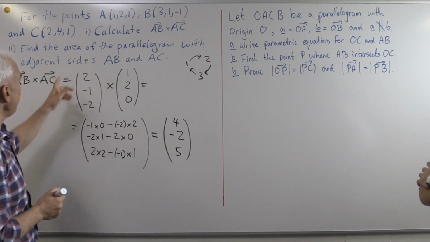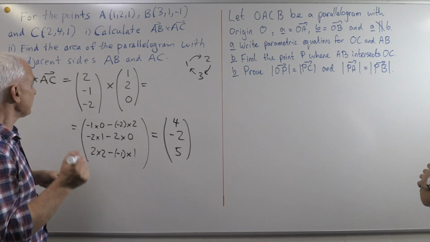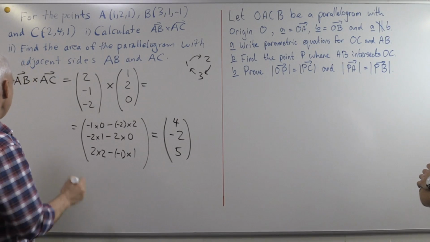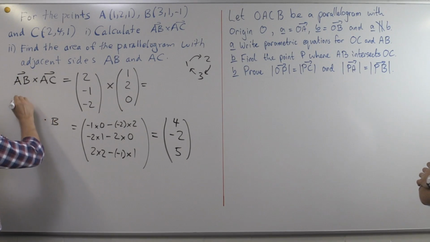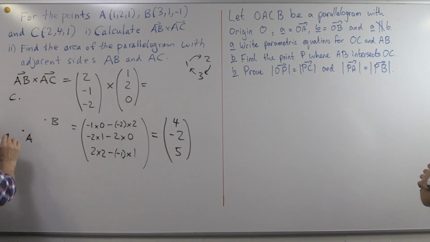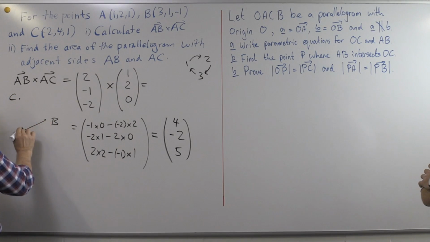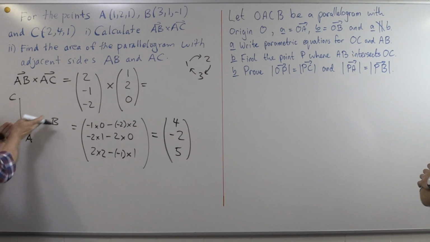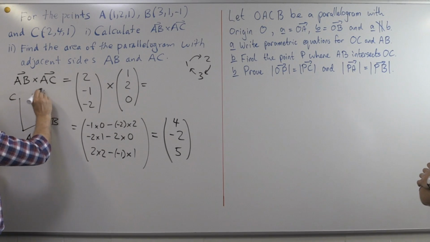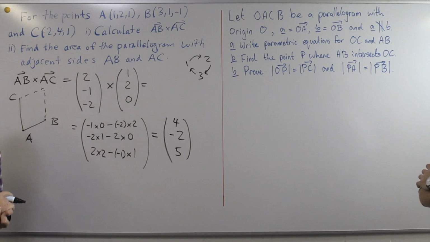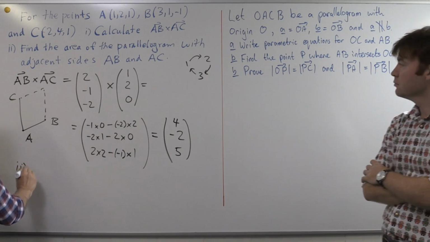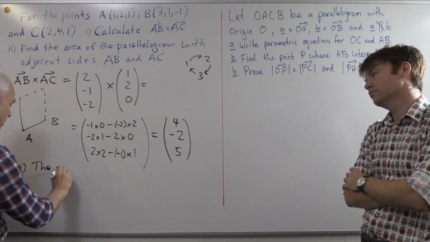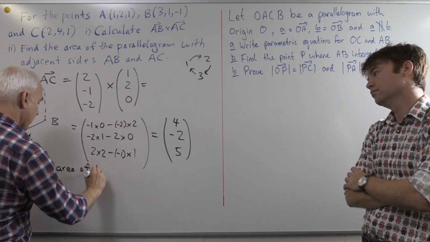Okay, excellent. Now we need the area of the parallelogram with adjacent sides AB and AC. So what we have here is a point A, a point B, a point C. And we're talking about a parallelogram whose adjacent sides are these two sides here. So we complete it like that. Okay. And we need to know that the area of the parallelogram